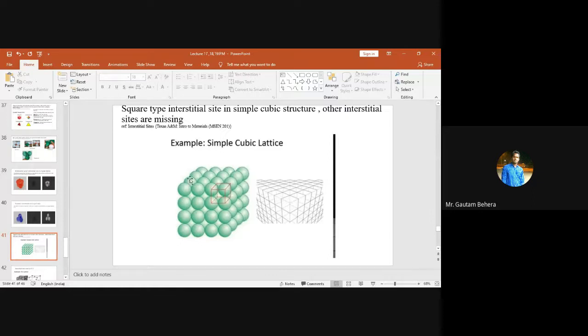This is an open structure basically. If it were a closed structure, then atoms would sit in the valley positions. But since this is a completely open structure, the atoms are sitting one above another, right? So it will form a square void, obviously. You can consider any 8 atoms, and the center position will be a square void. So this is one cube, for example. At the center of this cube, this will form obviously a square type of interstitial site.